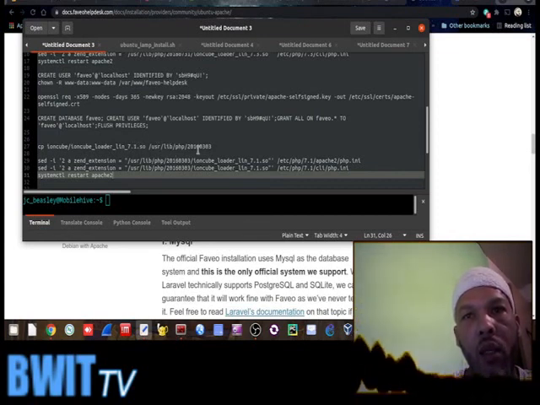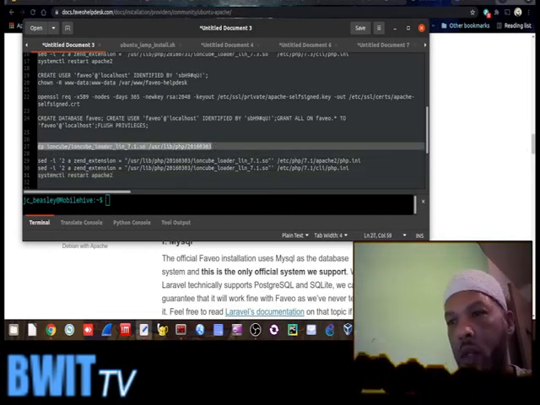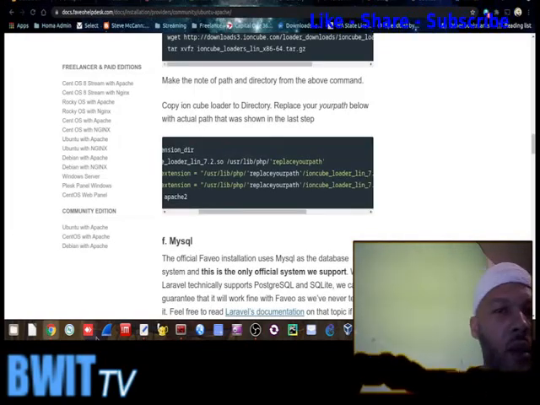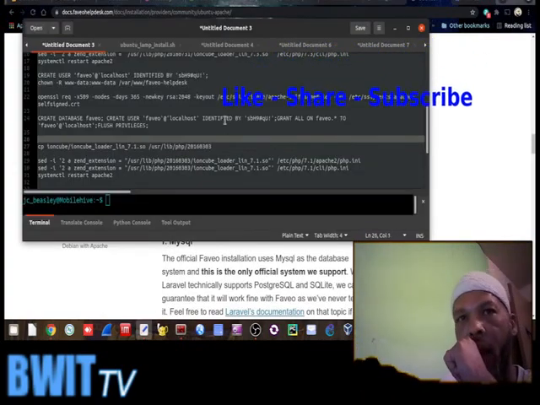7.1 PHP. So copy that file. What you want to do is copy this into a text file. So you want to use it just to make some quick edits, and then